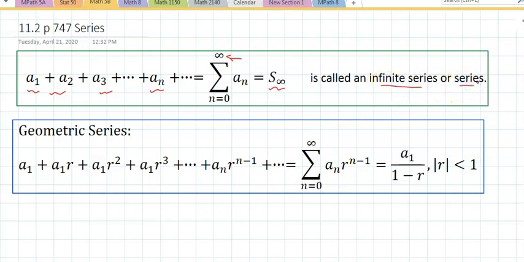One series in specific we are more interested in than most of the other series is the geometric series. In a geometric series, you take a term, you multiply by a number, and you multiply by the same number to get the next term. Arithmetic you add, we're not interested in arithmetic yet. And the general form of a geometric sequence, a sub n, is normally